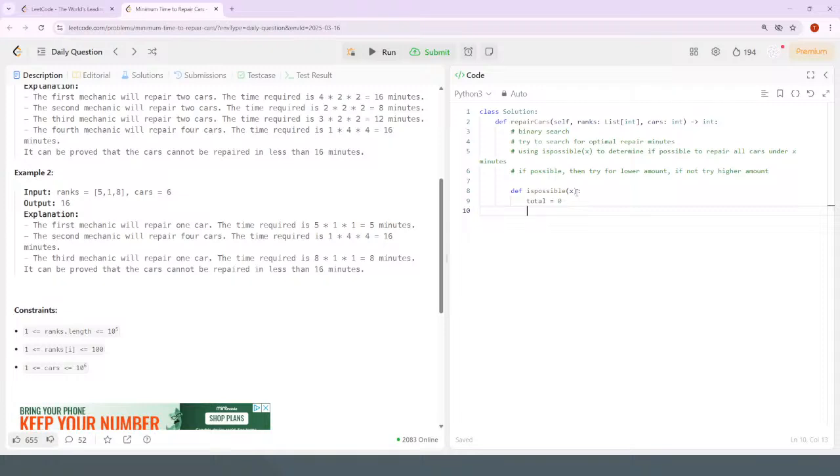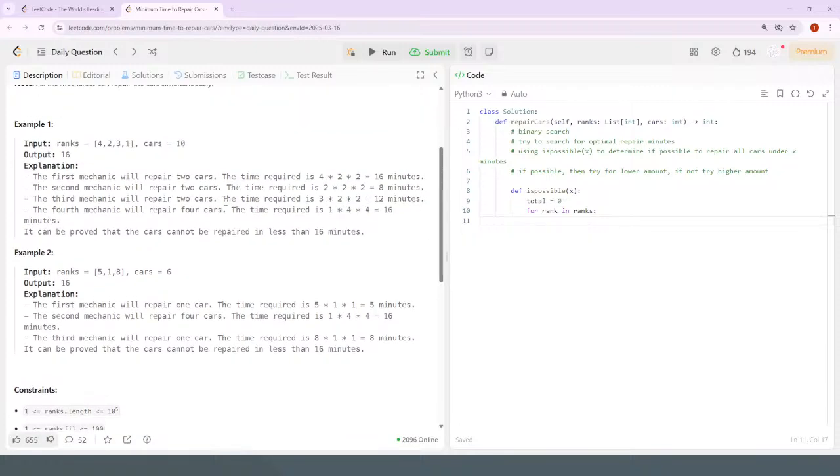So for each rank in the ranks, we're going to see how many, so let's say X is like 100 minutes. Let's see how many cars that person can do in 100 minutes, depending on their rank, right? So